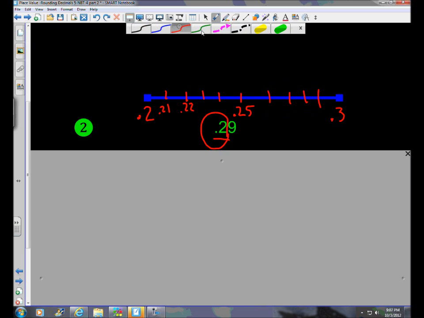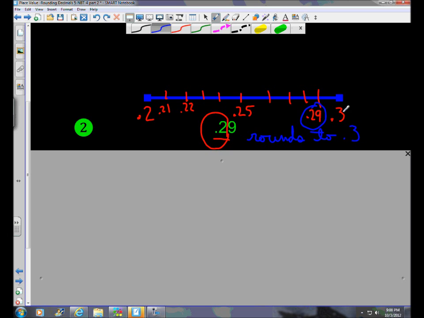Therefore, 0.29 or 29 hundredths, because that's what we're originally dealing with, that decimal, would be located over here. And take a minute to think about that. We've got this original decimal we were dealing with. Because remember we're rounding to the nearest tenth, is it nearest to this tenth, which is 3 tenths, or is it nearest to 2 tenths? Well, clearly you can see that it's closer to 3 tenths. So we can easily say that 29 hundredths rounds to